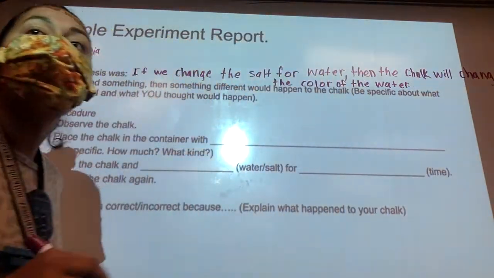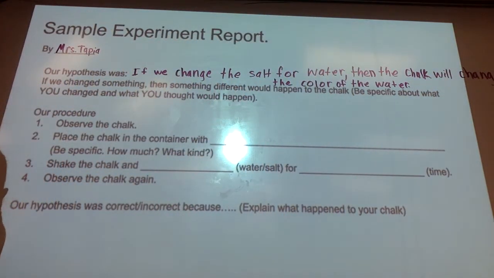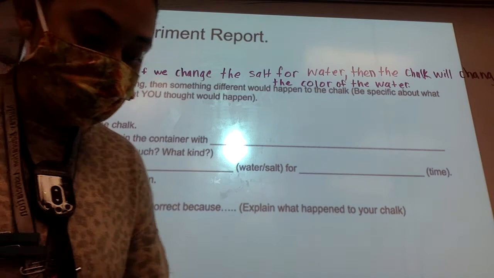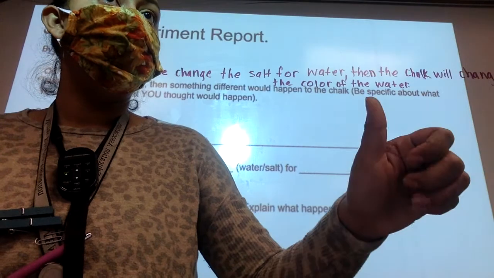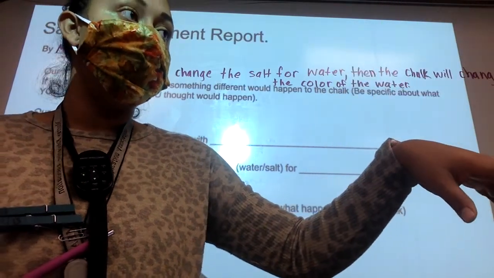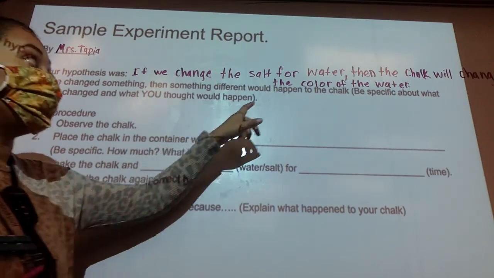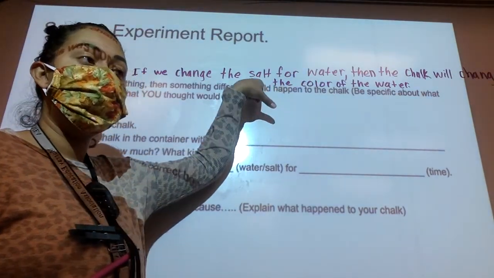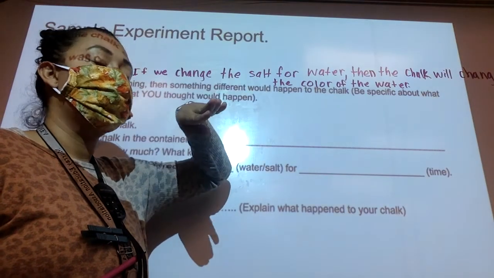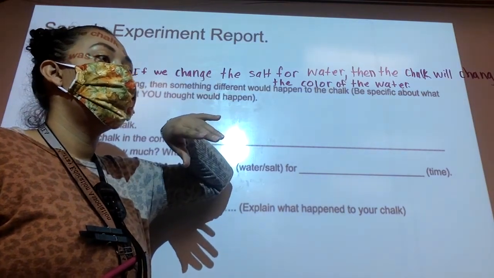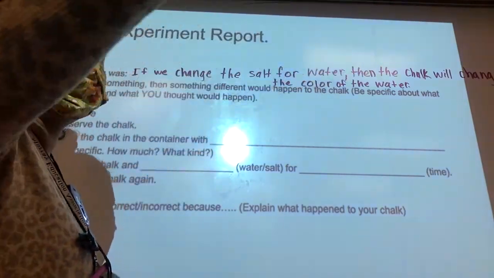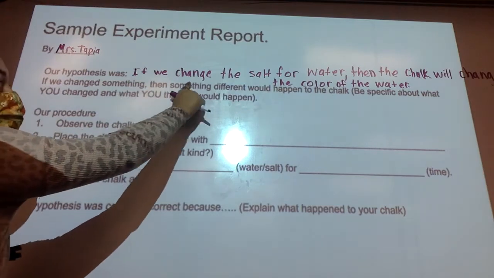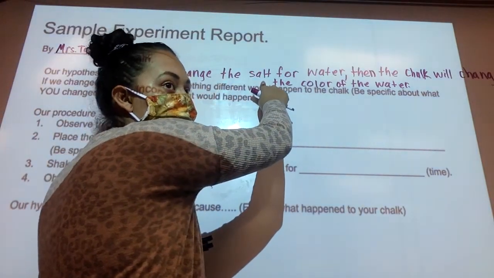Period. This was for Merle, Sophie, and Ariana's group. Yours would be different. Right? So Elian's, who was with Elian? Noah and Bo and Muna. So for you four, what did you change? You didn't change the salt for water, you changed the water for salt. No. For salt. In fact, we had salt. We changed the time. Okay, good. So for you four, it was if we change the time of shaking,